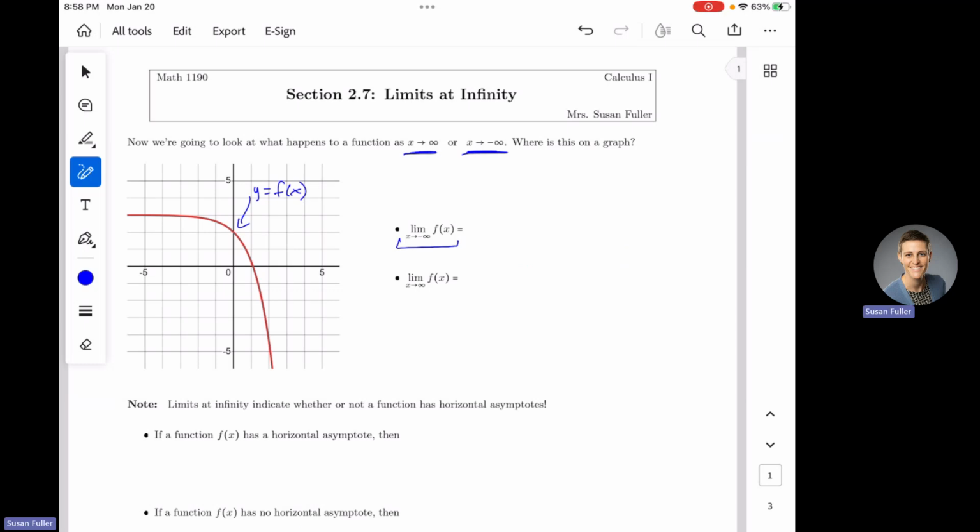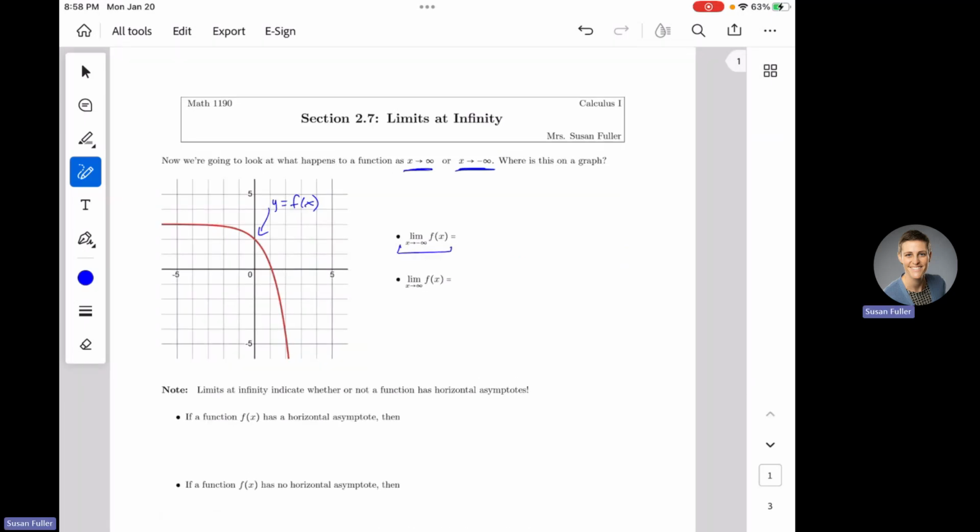Well, to do that, I would have to figure out where I'm looking at. The limit as x approaches negative infinity. Where would x approach negative infinity? Where would an x value of negative infinity be? Yeah, it would be like way over here, wouldn't it? X equals negative infinity is way over here, which means x is approaching negative infinity. I'm going all the way off my graph and I'm heading off toward the left.